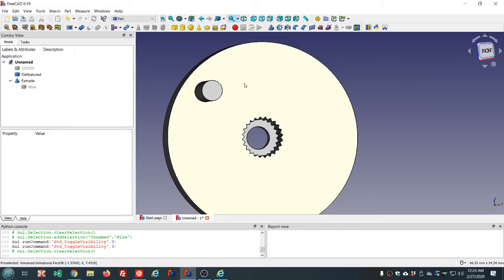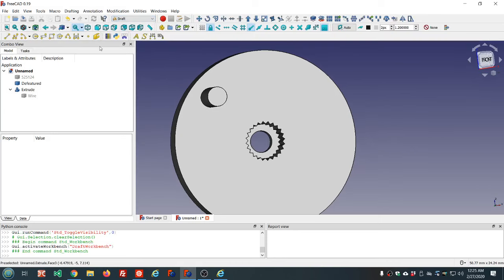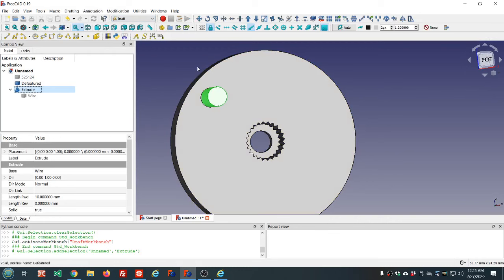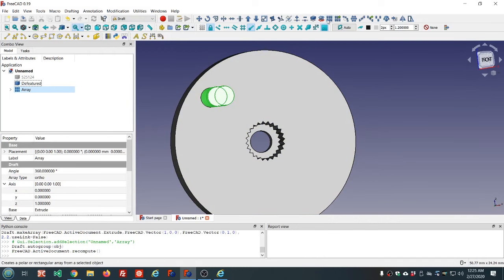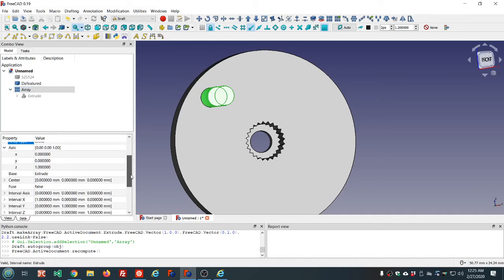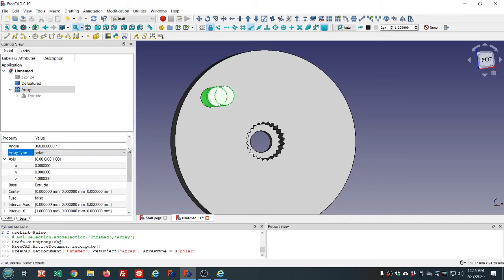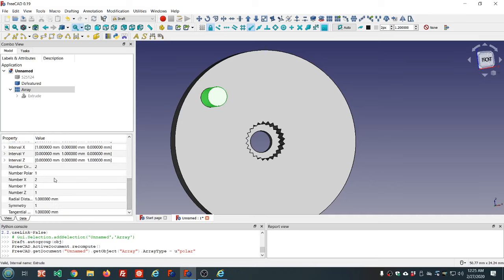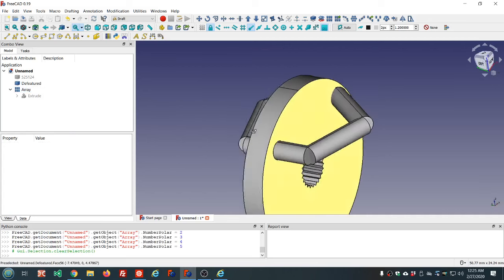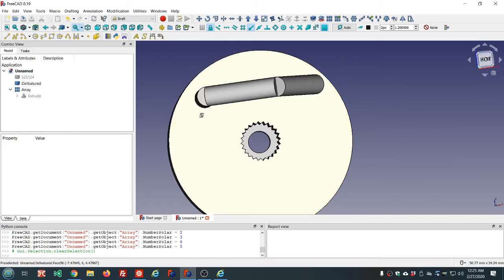So now we need to create a 5-hole array, a polar array, 5-cylinder array. We can do that in Draft. Select our extrude object, click the array, and by default it's an ortho array, and what we want today is a polar, and we want 5 polars for our 5-hole array, exactly like that, except